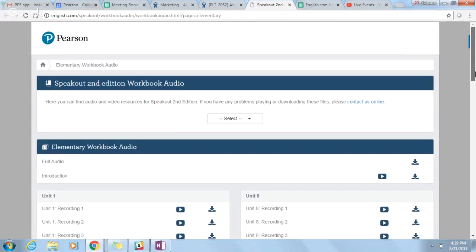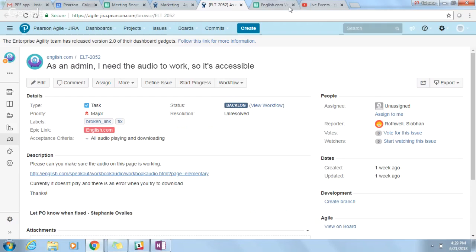Oh, okay. So we need to check it first, and then we need to fix it if we get any errors. So I think instead of a task, can we have it as a story? Improvement story, yeah, sure. Or it is a bug because it's not working, which is already in production, right? Okay, let's take it as a bug.